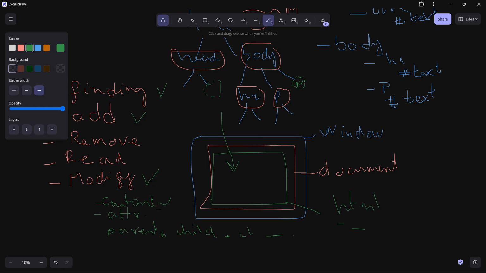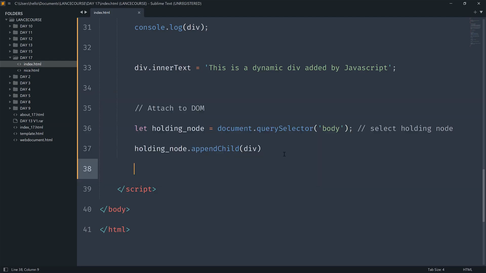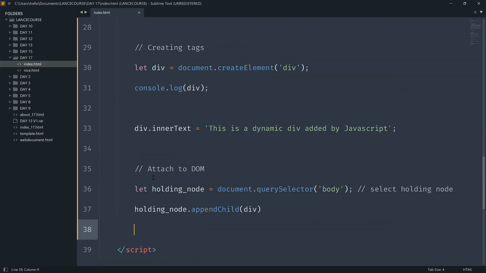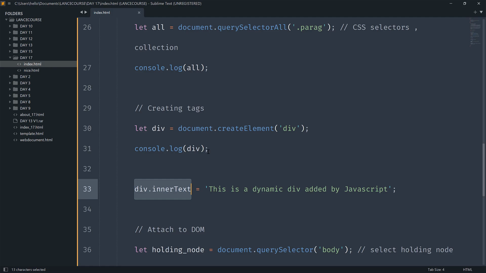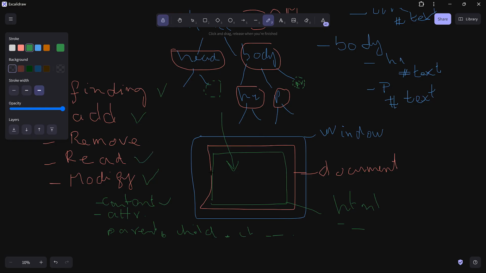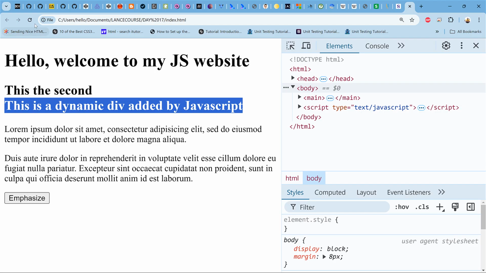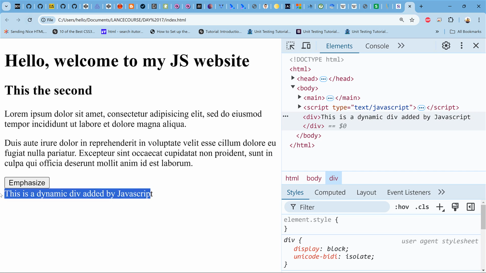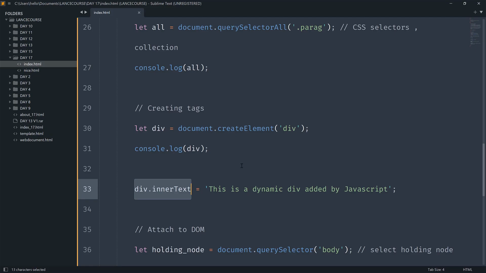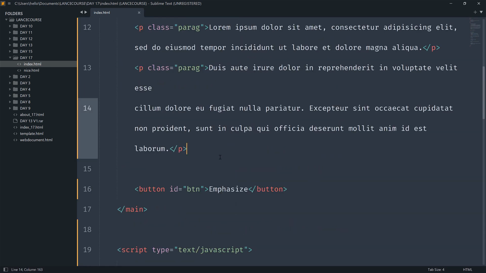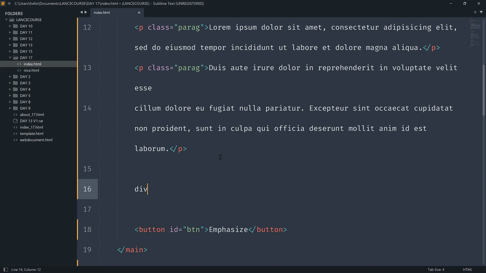So we have seen this and how to read these elements. There's also one option here: we actually inserted something inside. Is it possible that we can also read? This is the option we want to know. How do we find out if we can read content from another div? So let's assume in our JavaScript here we want to create another element. So we are going to say div, and then I'll give it a class of fill, which means we want to fill this element with some content,